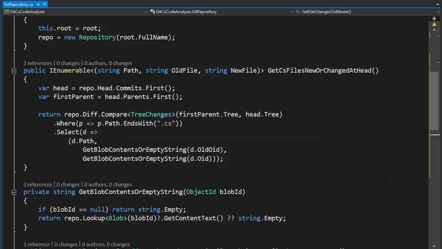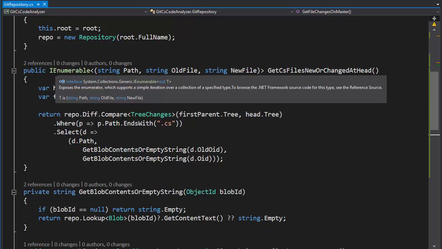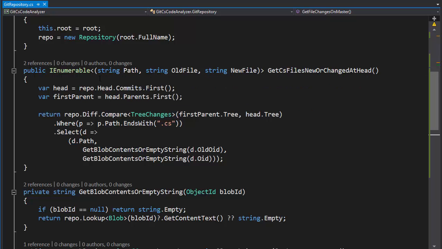This code is using a NuGet package called libgit2sharp, which wraps up the C Git libraries, makes them available in a nice friendly way to C#, and lets us do some interesting things. The first thing I want to do is just show you this routine: get CS files, new or changed, at head. This is going to send us back an IEnumerable of tuples. We're using the new C#7 named tuple syntax here, and each entry is going to contain a